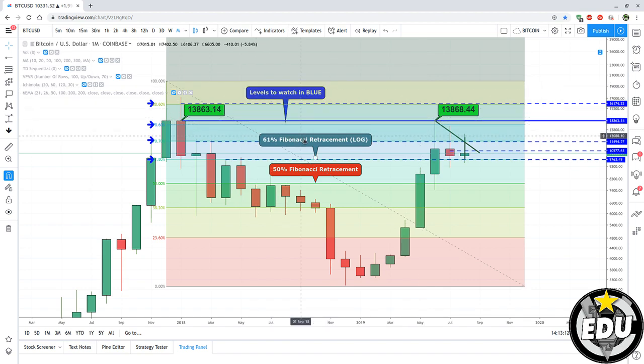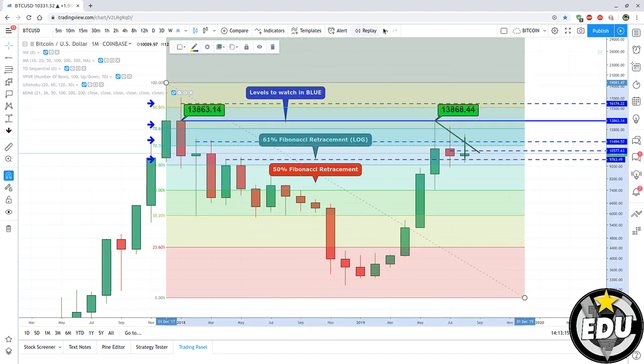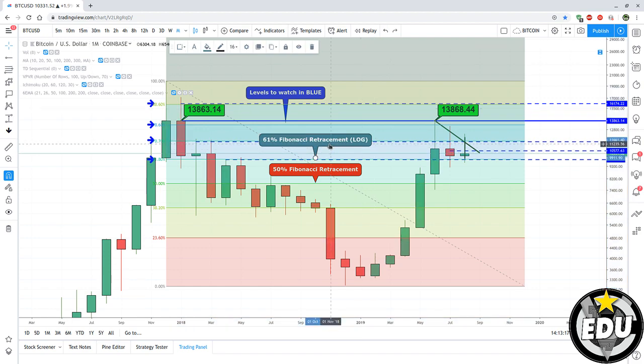And then we have the 61% retracement, which is usually another very important level, and that's where we are right now. The 61%, that's where the candle wick dropped, but the candles are still above 61.80%. So it's quite interesting right now, also because we have another level of support here. Also the top of those two wicks is acting as a support. So that's why, based on the monthly,